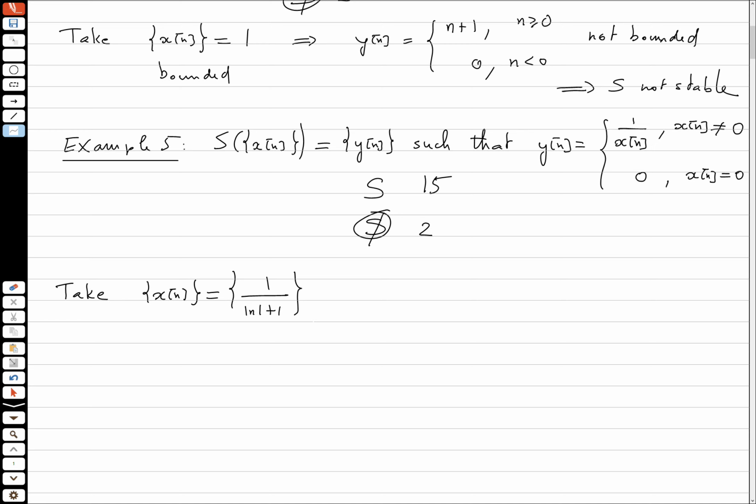Yes, 1, because n plus 1 is larger than 1, so this is less than 1. So obviously it is bounded. More than obviously. What is y of n in this case? No, I want something explicit. X of n is like that, so you give me